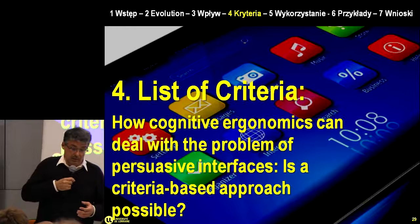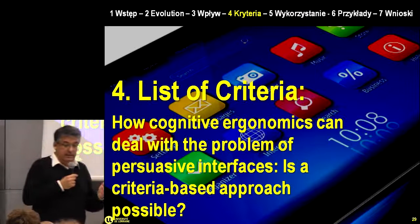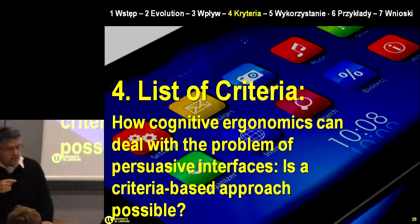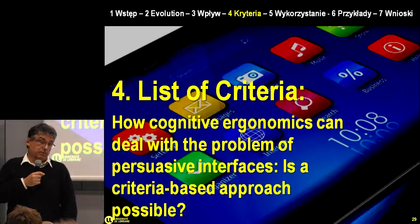So now I would like to present the list of persuasive criteria, and to deal with the problem of how cognitive ergonomics can deal with persuasive interfaces. And I suggest that ergonomics can have a criteria-based approach. A criteria-based approach is very